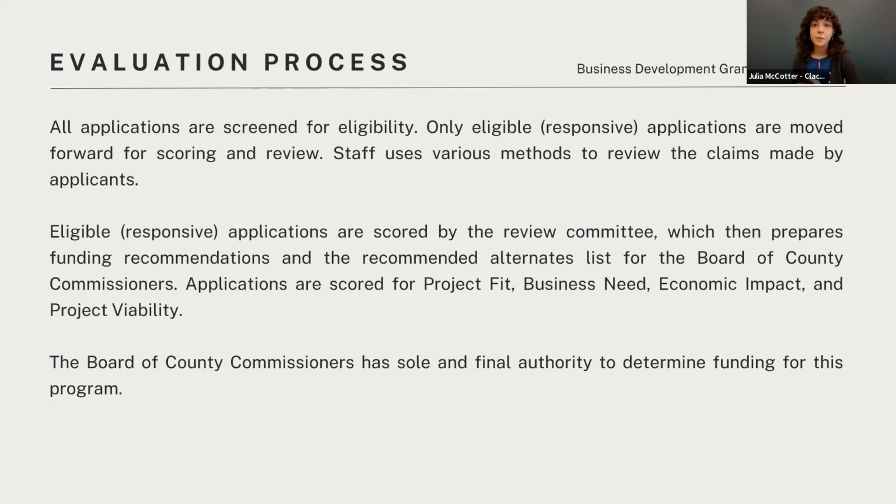Now, that list is used in the event that an approved grantee is not able to move forward with their grant award. So this would typically happen in the funding agreement process. Sometimes there are changes to the business or to external economic conditions, or there's an issue with the legal paperwork that's required. There's all sorts of reasons that a business might be awarded a grant and not actually be able to move forward with it. Having an alternates list allows us to then use those funds in the same program cycle. Without an alternates list, those funds just have to go into the next year of the program, and we would prefer to fully fund each year of the program. So that is the function of the alternates list.